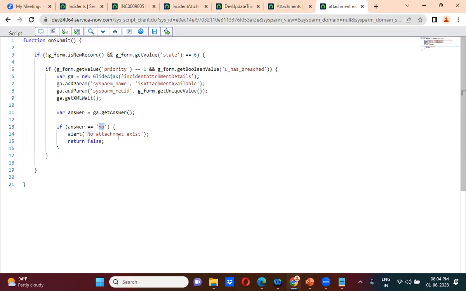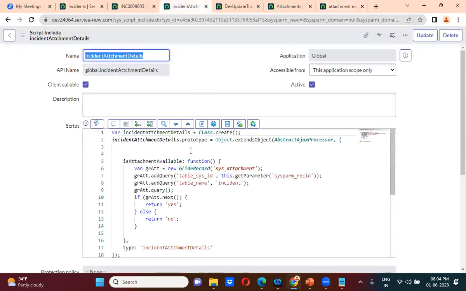So here you have got the answer as no. Then it is saying no attachment exists, and you stopped the form submission using return false. So where are we checking here? Here we are checking for that incident record if any attachment exists or not. Okay, so we are thinking that